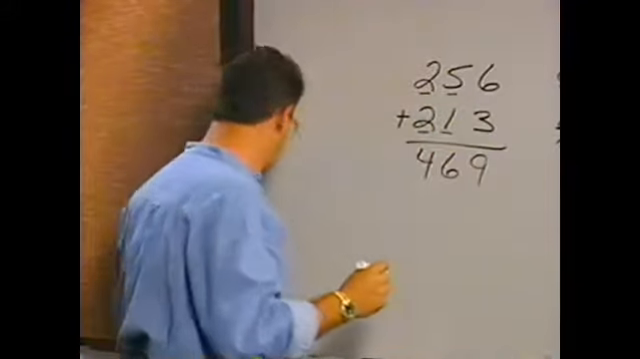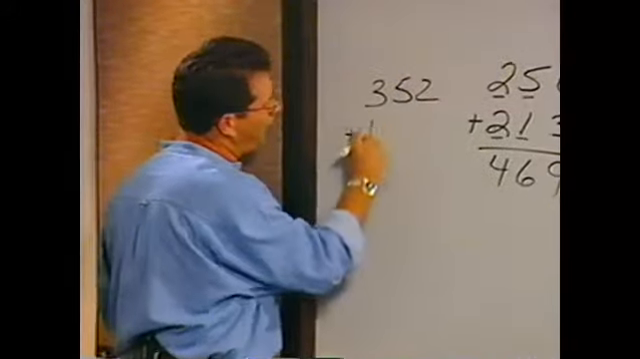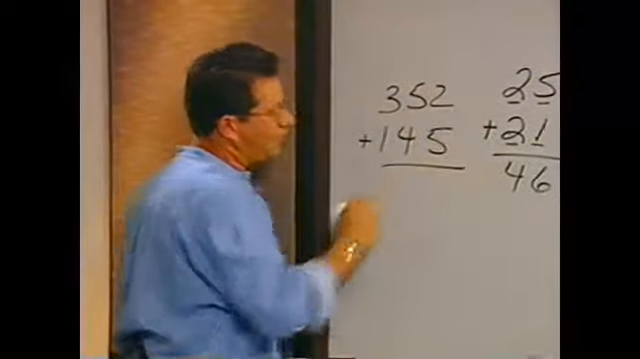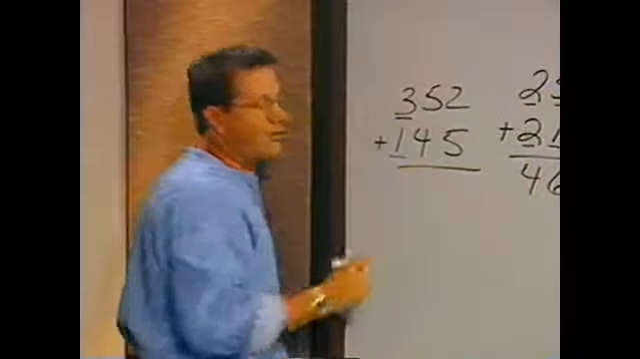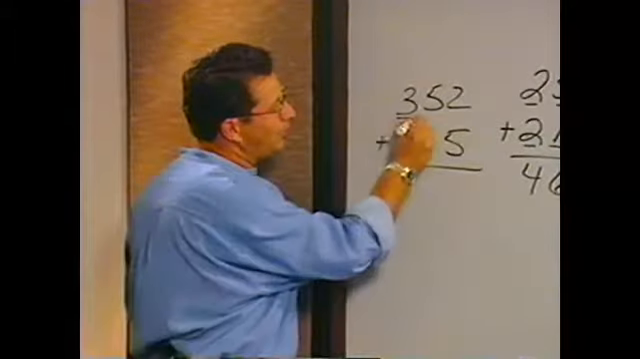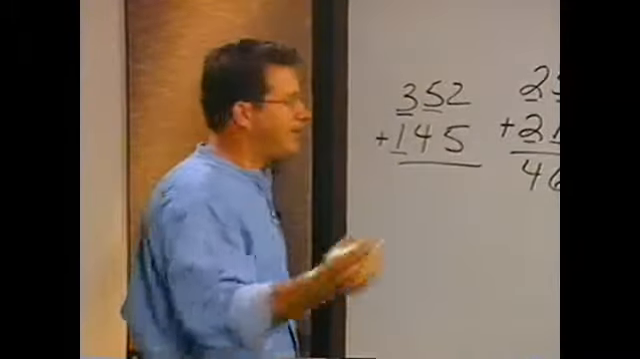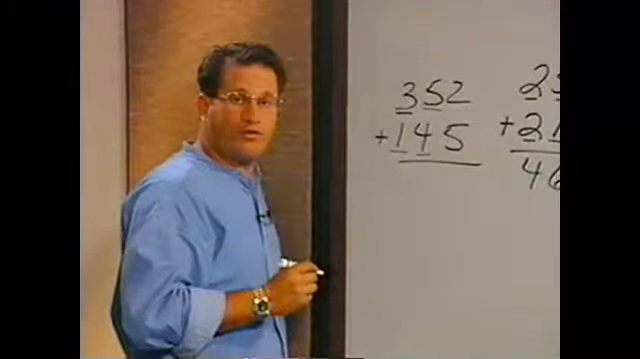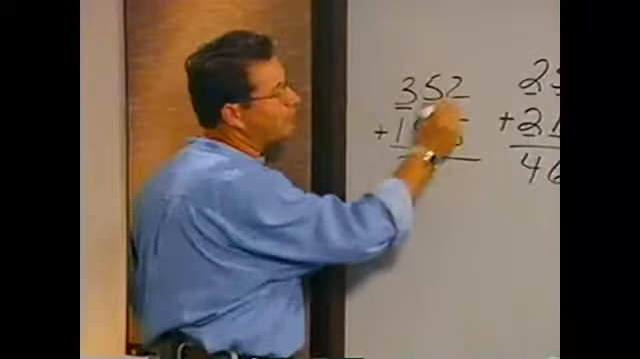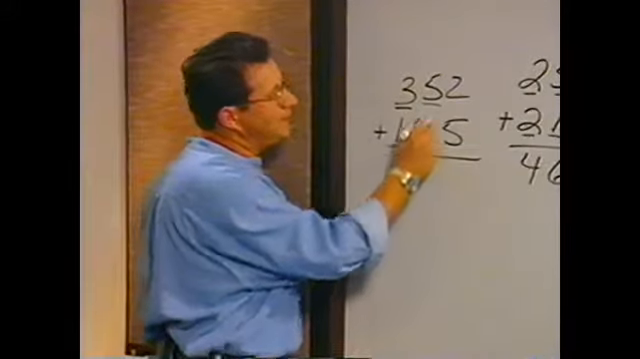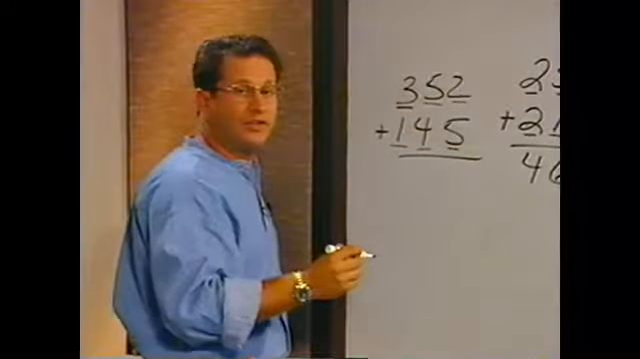All right, so let's try another one. How about 352 plus 145? Left to right, starting with the hundreds, 300 plus 100 gives you 400, plus 50, 400 plus 50 should give you 450. Add 40 more. What's 450 plus 40? 490. And then just go up to the ones column. What's 490 plus 2? 492 plus 5 should give you